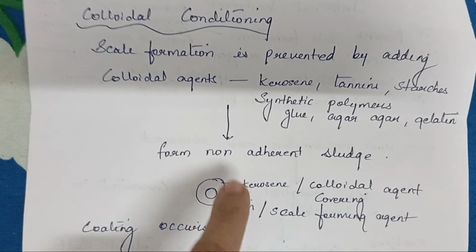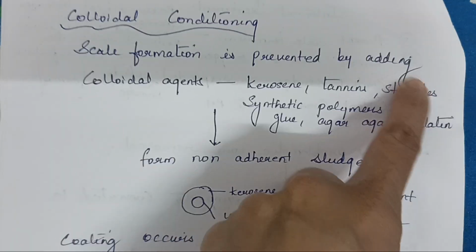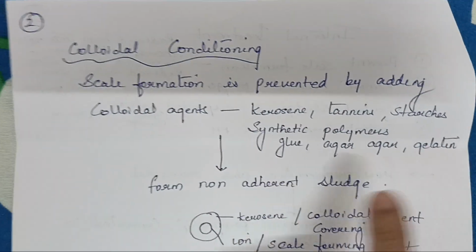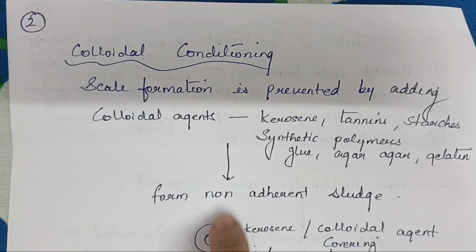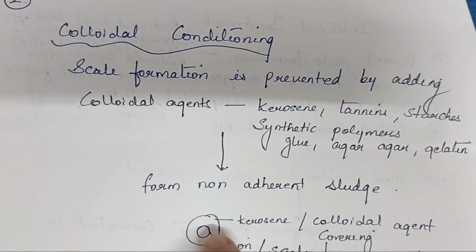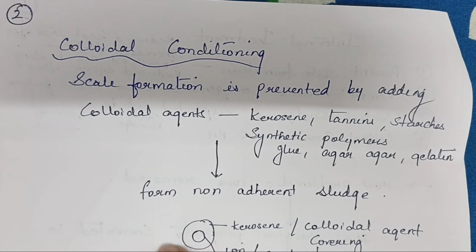How we will do that? We will add in the water kerosene, tannins, starches, synthetic polymers, glue, agar-agar or gelatin, and this reacts with the cation or the anion which is causing trouble in the boiler, and they form a outer layer over that anion